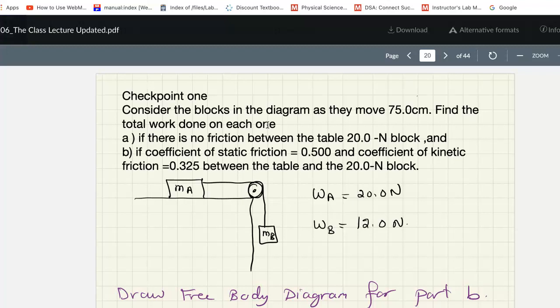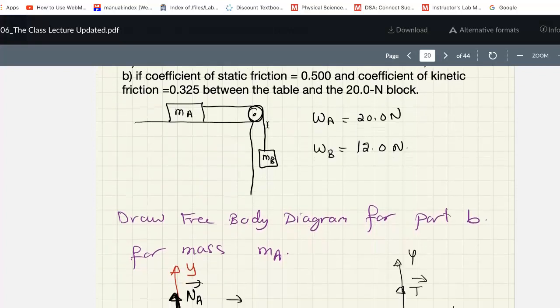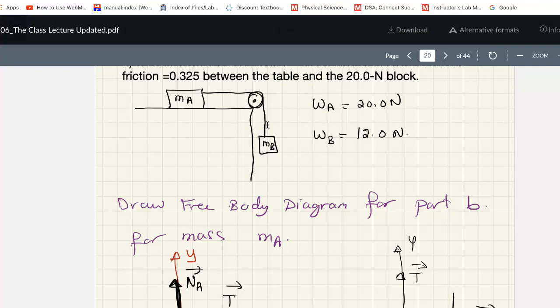And they are going to move, like there is no friction in here for the first part. They move 75 centimeters. Find the total work done on each one. If there is no friction between the table and the 20 newton block, and if the coefficient of static friction is 0.5 and the coefficient of kinetic friction is 0.325 between the table and the 20, we are going to calculate the work. Again, the steps are really draw free body diagrams for part A, for mass A and mass